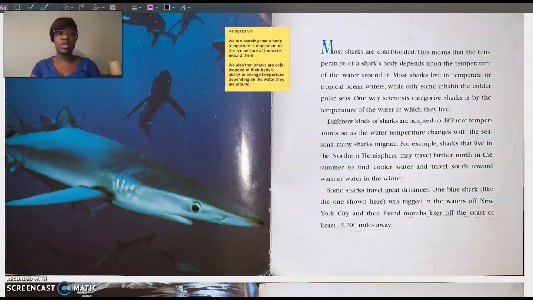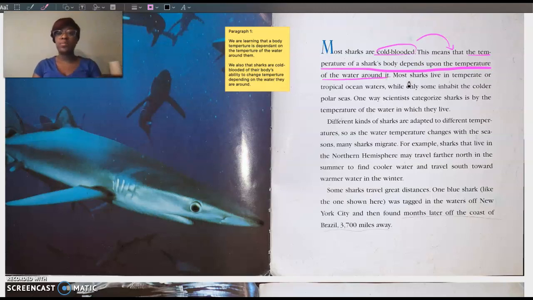So let's annotate. I'm going to annotate some important details. Sharks are cold-blooded, so this is like a key word. And the author told me what that means, right? That means the temperature of a shark's body depends on the temperature of the water around it.